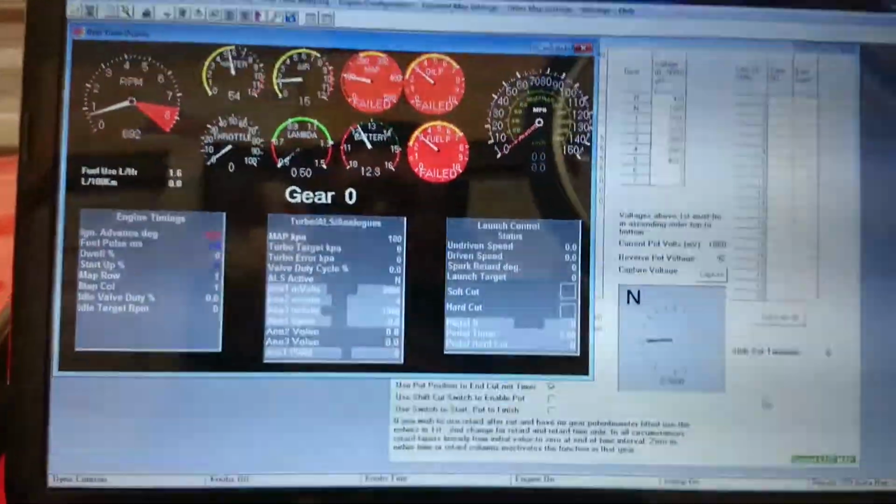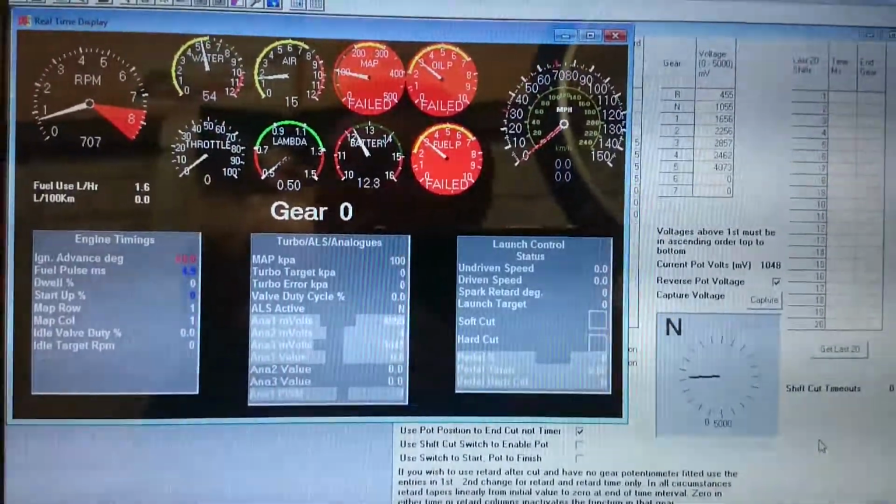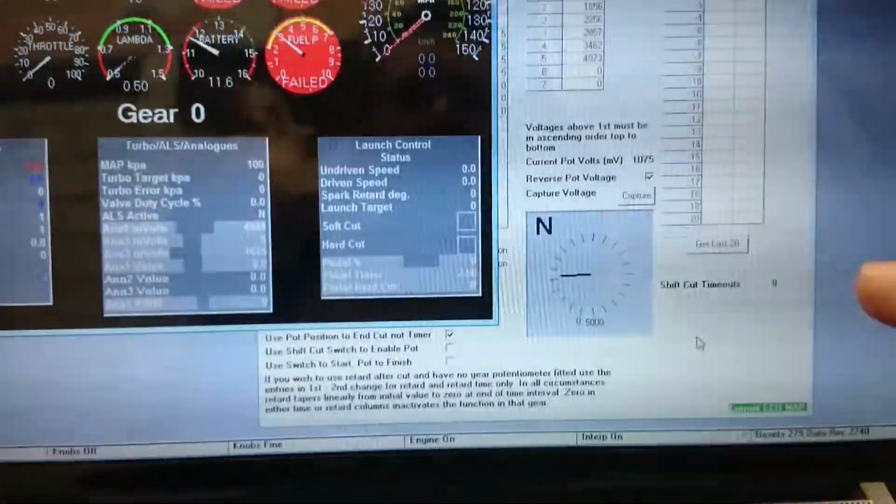So the engine's warming up now. It's about 55 degrees and the tick over is quite smooth. I mean, it started on the button again, which is always reassuring. And what we're seeing now with the analog